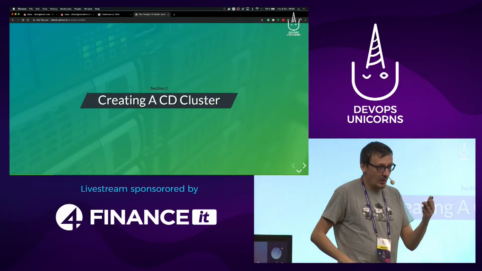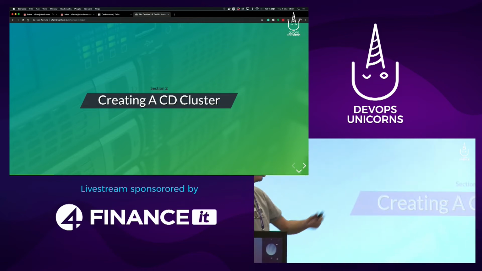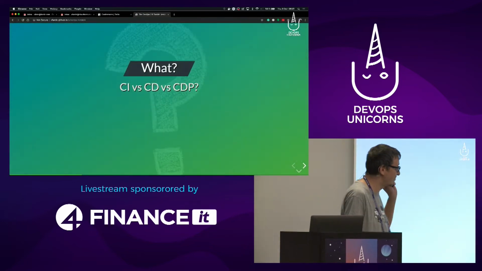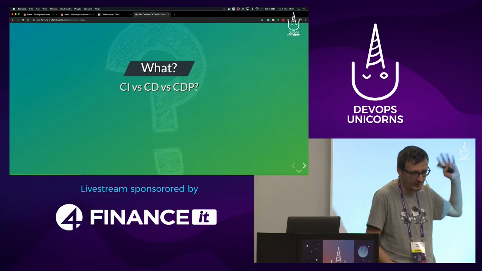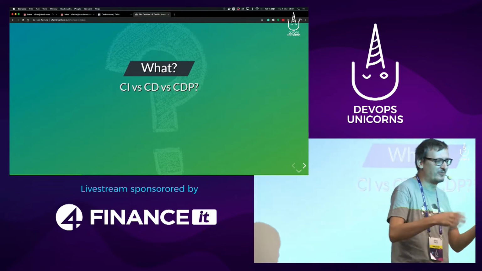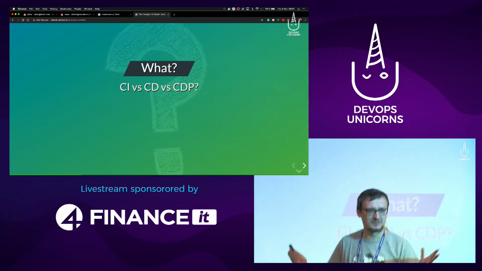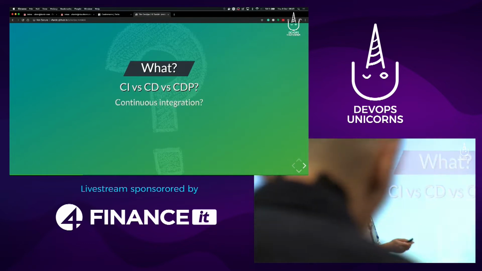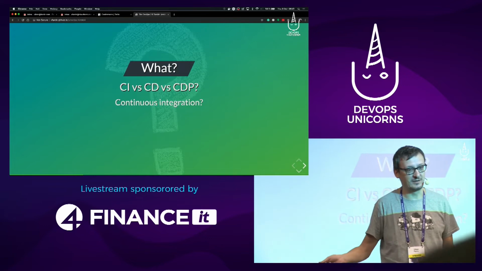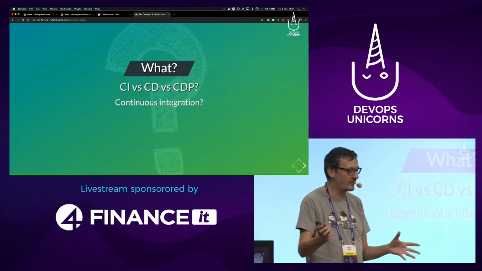So what I did before I started this, I created a cluster. I'm going to save you from misery looking at me doing that, so I'm going to skip those slides. I just created a cluster, and we're going to start talking about CI/CD, right? I assume it's 2019. All of you are applying some form of CI or CD, hopefully. If you're not, you're going to tell me. Anyways, very quickly, what is continuous integration, what is continuous delivery, what is continuous deployment, right? Assuming that you know already those things, I will be very brief.